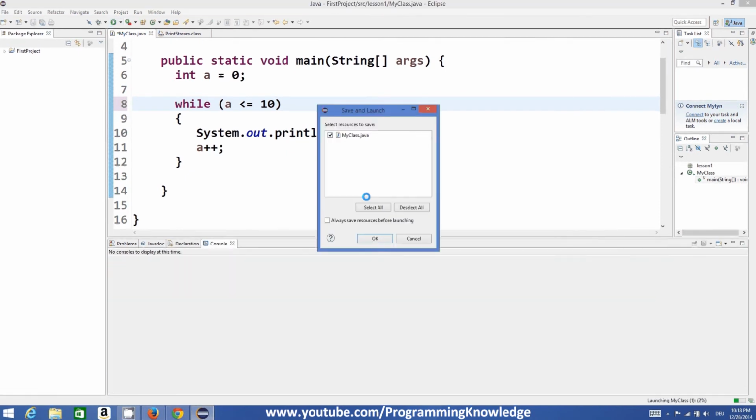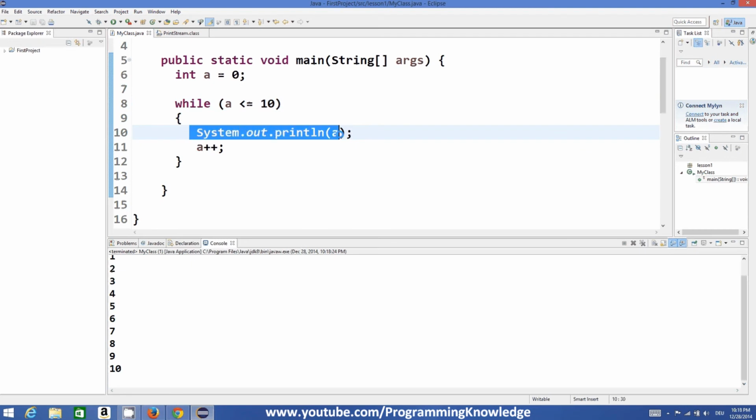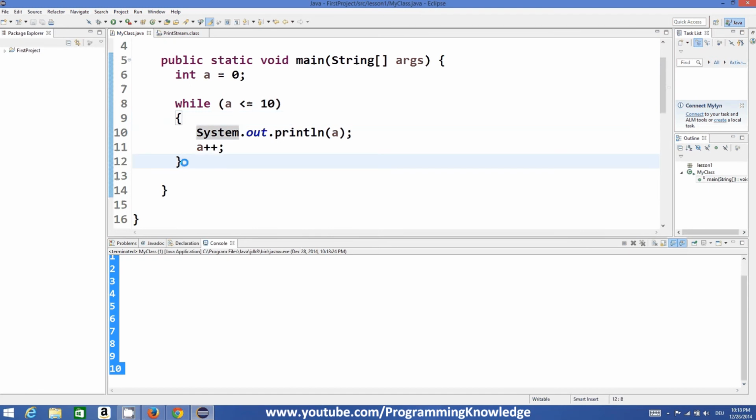Let's execute the program, and you can see it printed 0 to 10. We have printed these 11 values using only a single line of code using this loop.